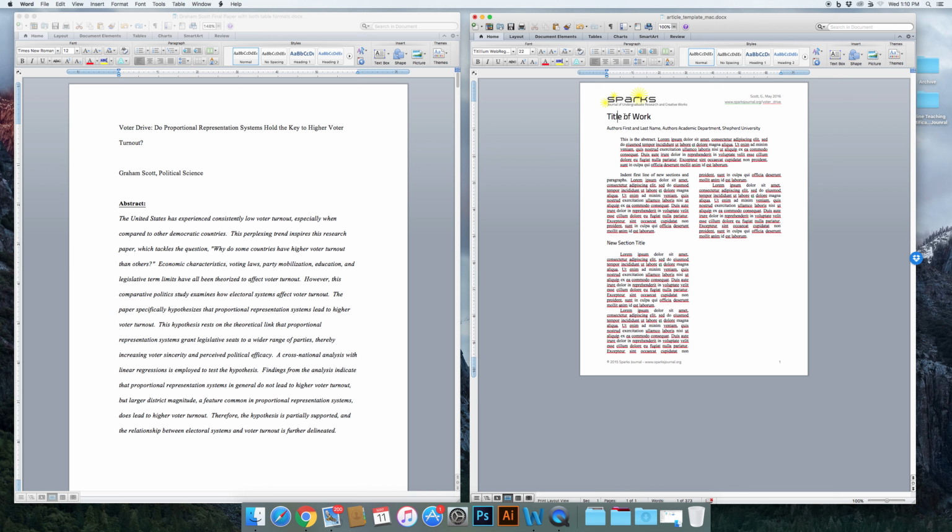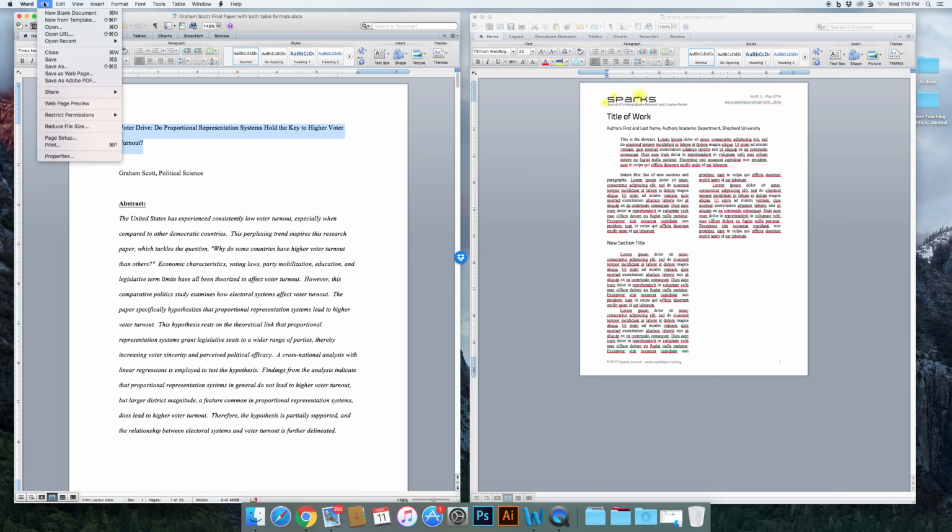I don't like using bold fonts. I like to use different size fonts to denote different levels of the narrative, different levels of sections and things like that. So the title is 22 font,